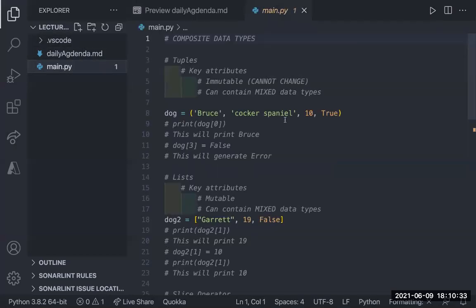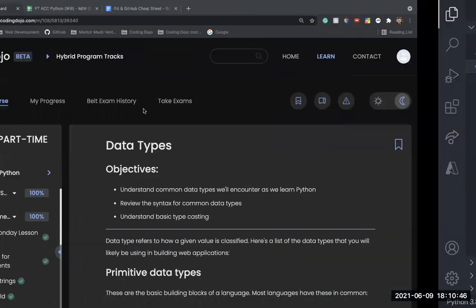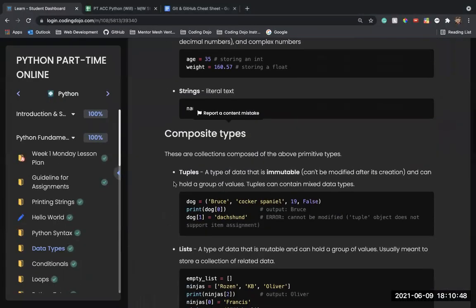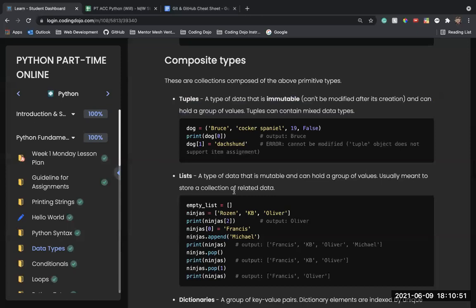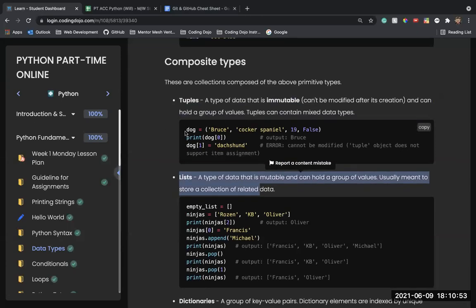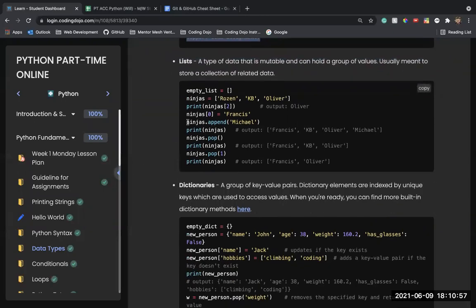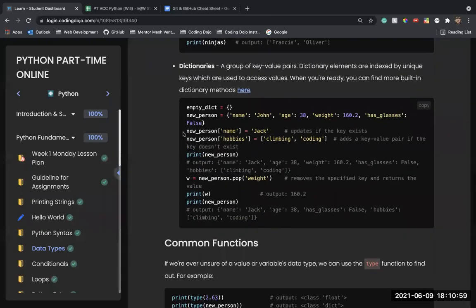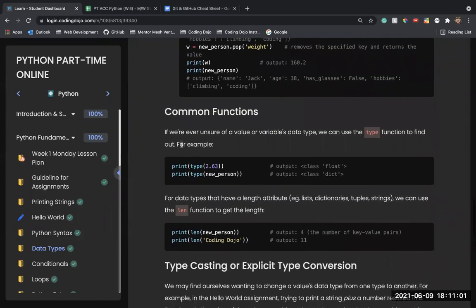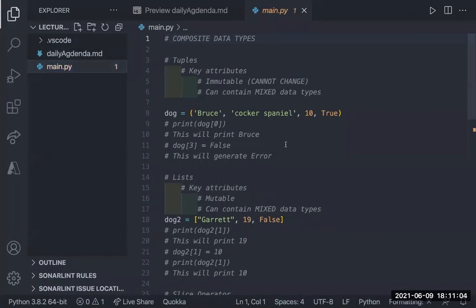Cool. So talking about tuples, I went ahead and built out some code for us. That way we can look and see what a tuple is, how it acts, and how it differs from a list. This is all also on the platform right here. It talks about tuples. This talks about lists. I even took this first example for tuple, but then I rewrote it for a list so we can see what we can do and what we can change. And the dictionary, it talks about that right here for us.